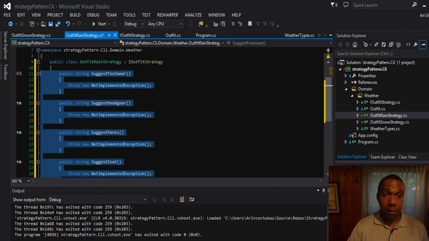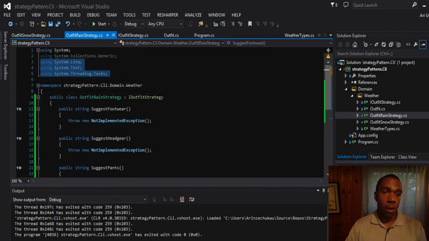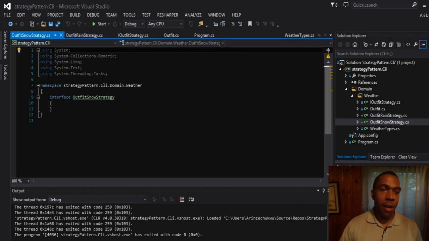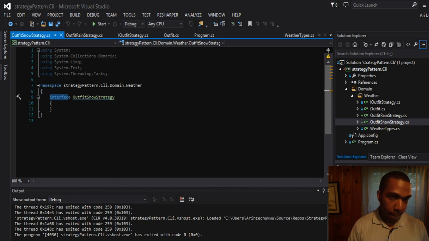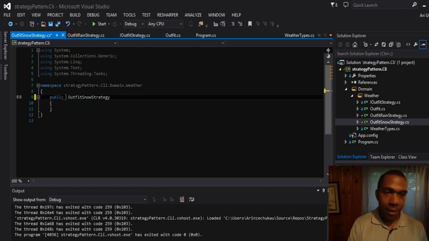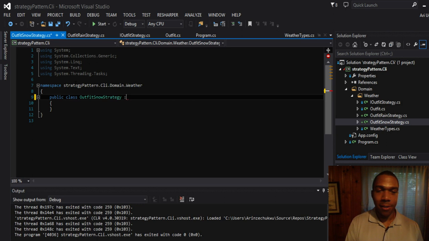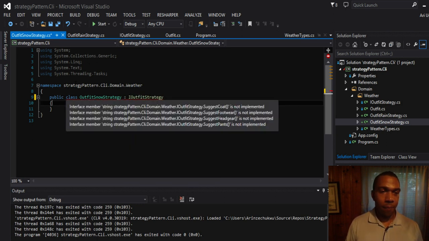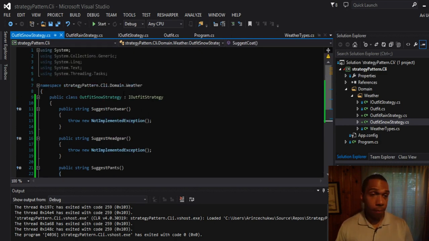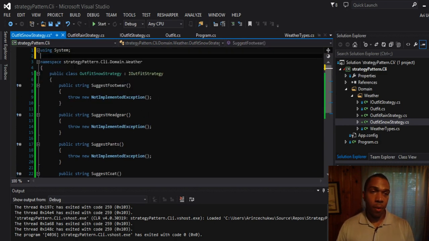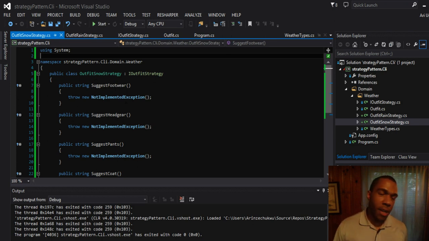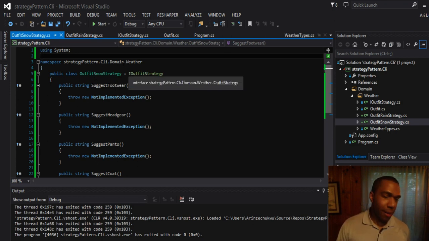I'll copy those, remove my unneeded using statements, come into Snow Strategy, make this a public class that inherits the IOutfitStrategy, and paste those in. Alright. So now I have 2 strategies with nothing implemented, but they do conform to the IOutfitStrategy